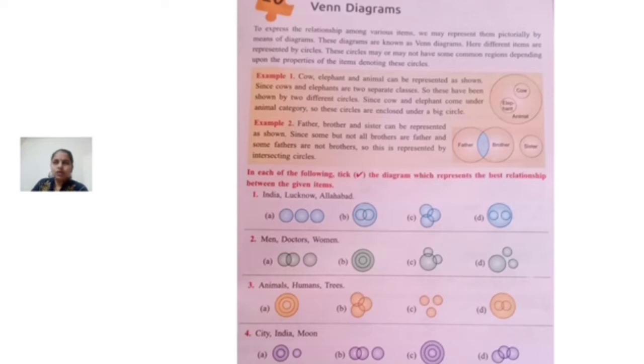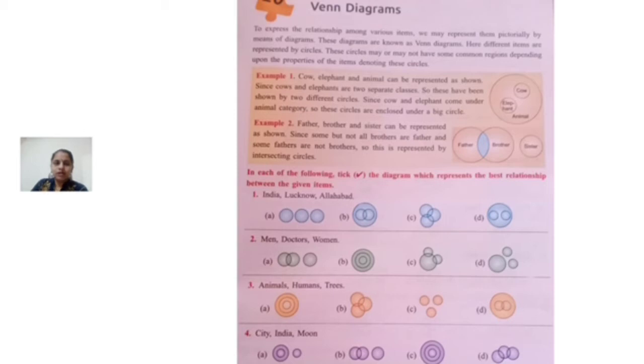So animals have different characteristics, then human beings have different characteristics, means all are in different categories. So we come to know what is the difference between animals, what is the difference between human beings, what is the difference between fruits and vegetables. Okay, we can recognize, we can understand. So these have different categories.